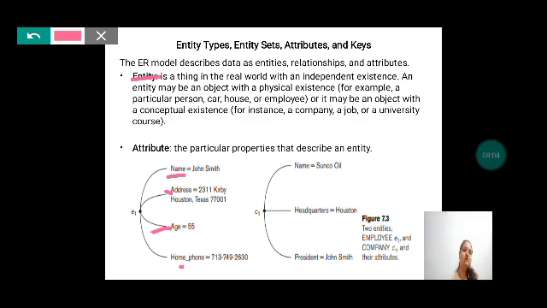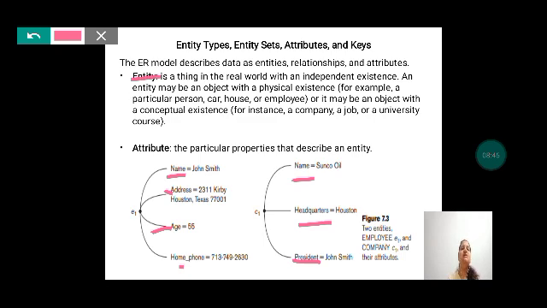Now with respect to this company, a company will have a name. So here we have taken Sumco Oil as a company. Companies will also have headquarters, right? So another attribute which describes a company is headquarters. The headquarters of Sumco Oil is in Houston. And there will be a president for a company. Who is the president in this case? That is nothing but John Smith. John Smith is the president of that company. So like this,